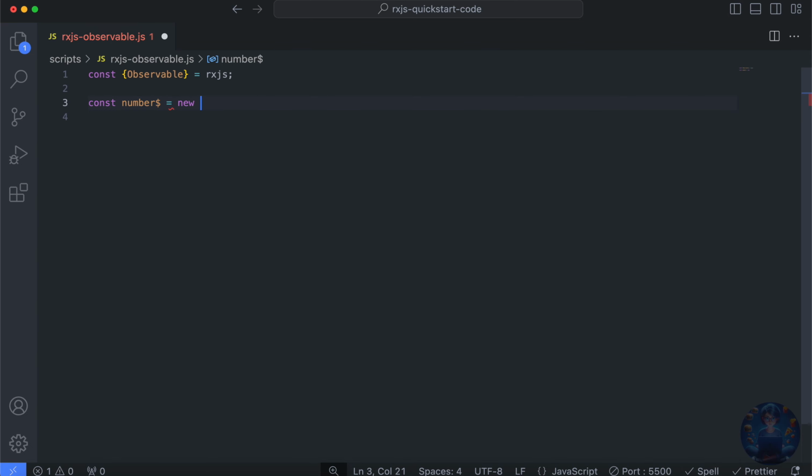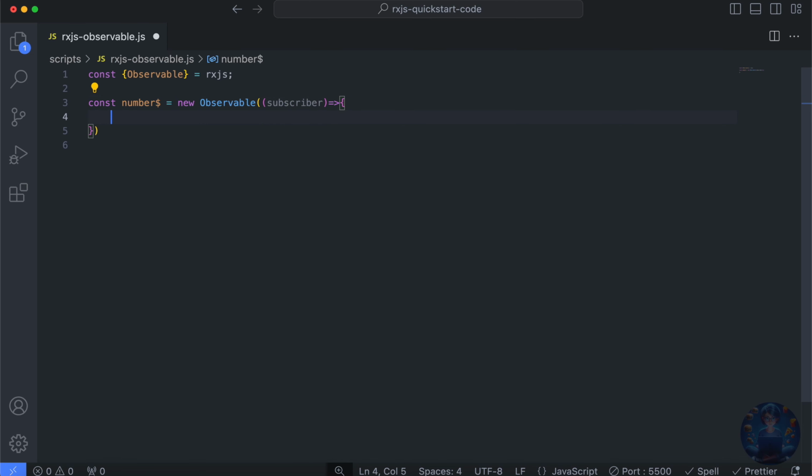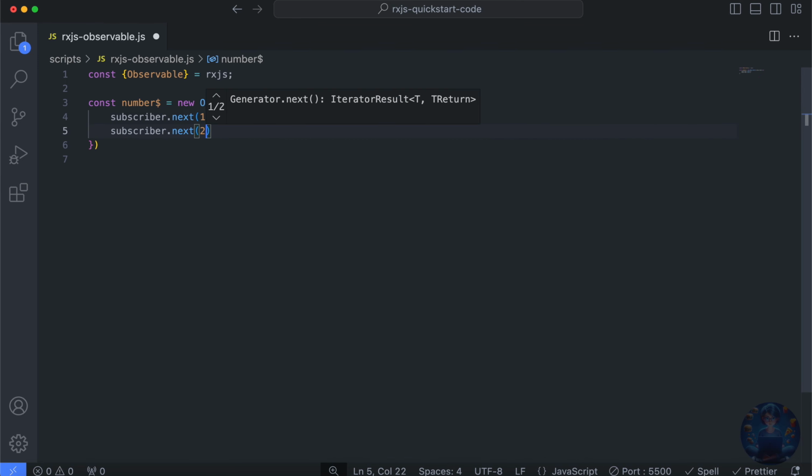Okay. Now we'll use new Observable. Now this constructor accepts a function called the subscriber function. This function accepts a parameter called the observer object. We'll name it as subscriber. Okay. We'll be using this subscriber object to emit values. Okay. In order to emit values, you need to use subscriber.next. And inside this method, pass the value that you want to emit. So let's emit three values, 1, 2 and 3. We'll just rewrite it, next 2 and finally .next 3.